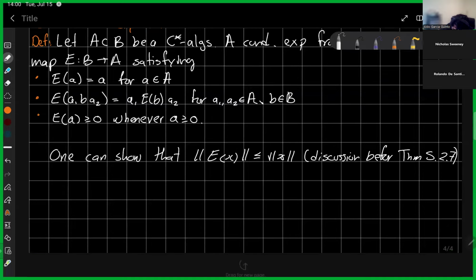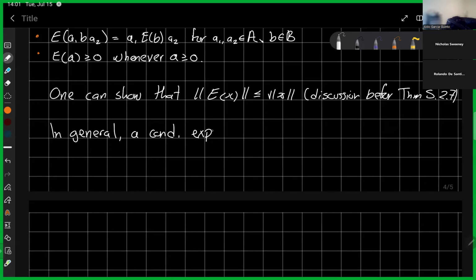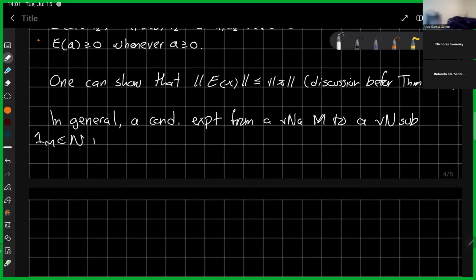And so probably one of the most important things to note here is that in general, a conditional expectation from a von Neumann algebra to a von Neumann subalgebra, of course, one needs one to be here, need not exist. This is in the general setting. But the thing is,